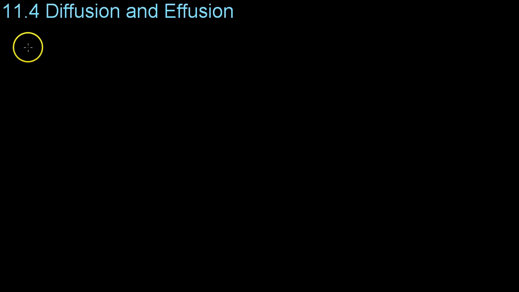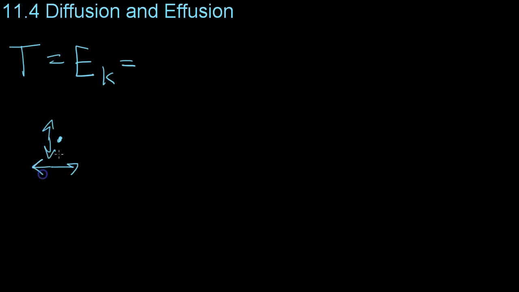Alright, so this video is going to be covering Chapter 11, Section 4, which deals with diffusion and effusion. Now, the first thing we have to do is recap the definition of temperature, which is essentially a measure of the kinetic energy, or the energy due to movement of molecules. Remember, molecules don't just sit there, they're vibrating up, down, left, right, in, out, etc. The whole time. And kinetic energy, even at a molecular level, is given by the formula mv squared over 2,